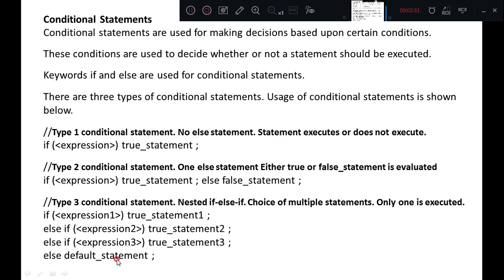as the default statement. So we can use if without else, we can use an if statement with else, or if and else both. We can use if else if as a series of condition checking, and then the final else part for the default statement. This is how we can use the if statement within Verilog.